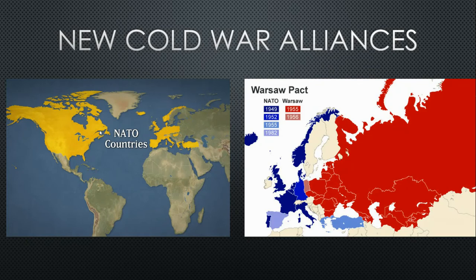So in the wake of this confrontation, we are also going to start to see methods of trying to contain communism move a little bit beyond just providing economic aid that we've seen in the Truman Doctrine and the Marshall Plan. What we're going to see now is the development of this new alliance system. One is going to be called NATO, the other one is going to be called the Warsaw Pact.